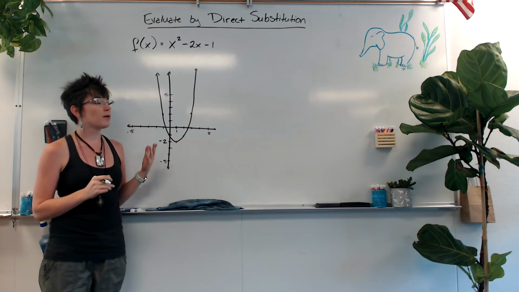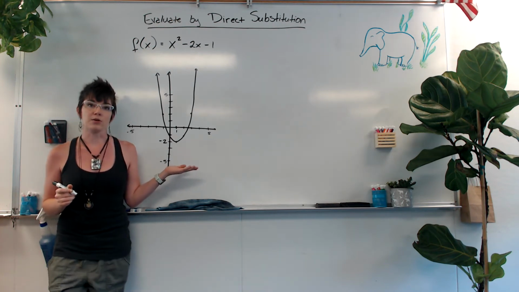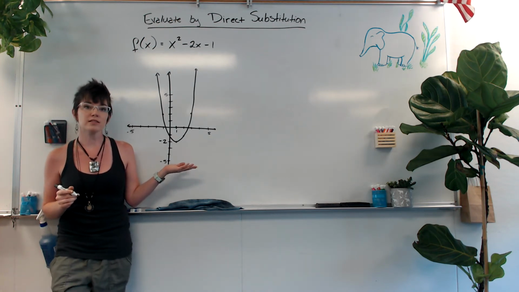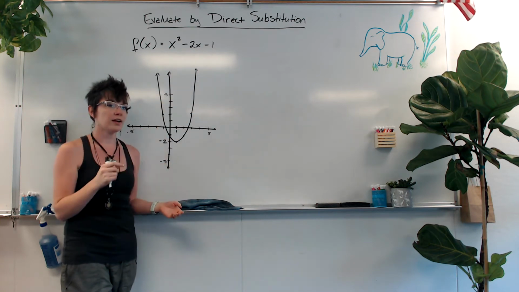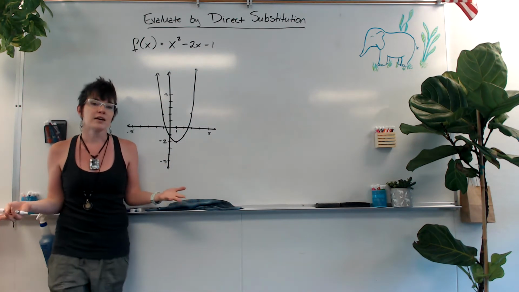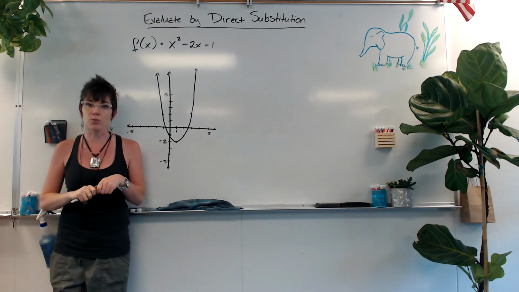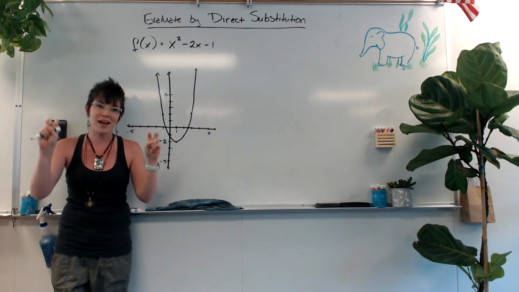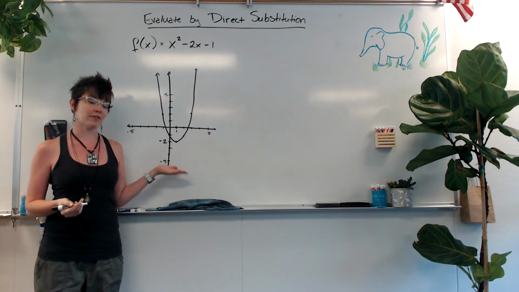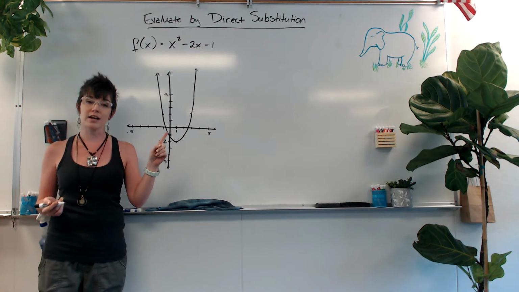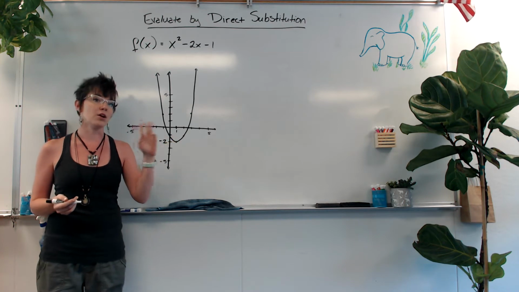Okay, so the first example that I'm going to give you is an example where you can directly substitute x values into your function in order to find the limit. Now, this technique is going to work for what we would call well-behaved functions. This is an example of a well-behaved function because it has no holes and it has no asymptotes, no other